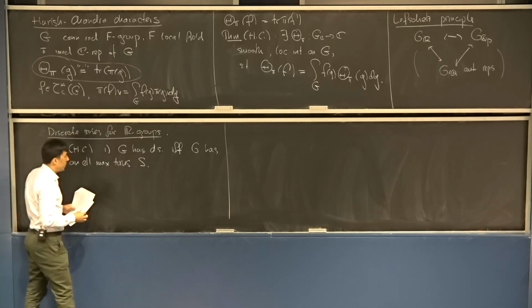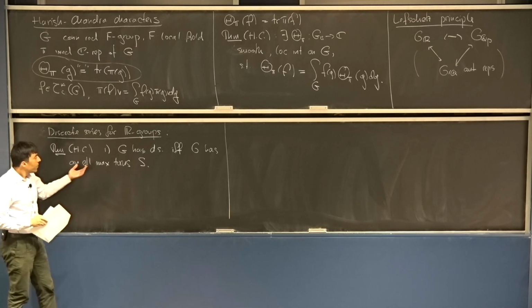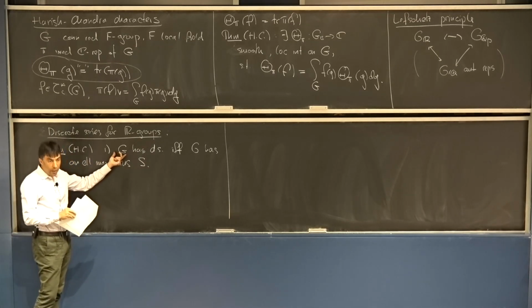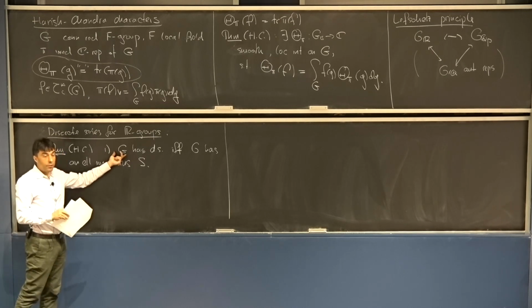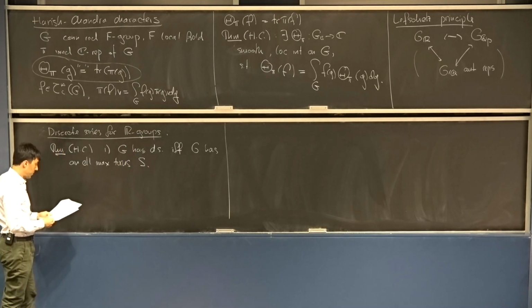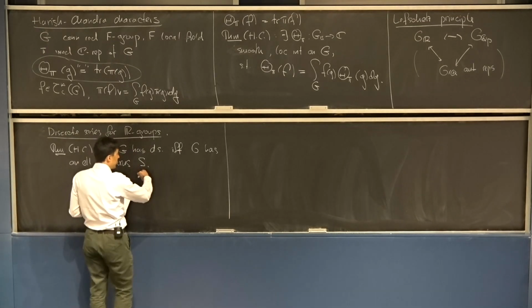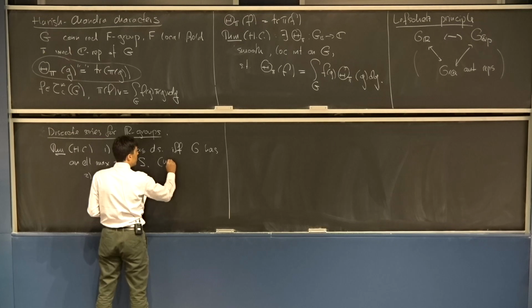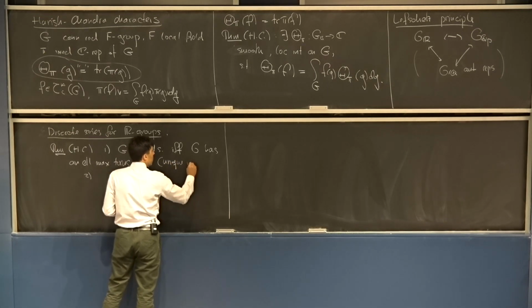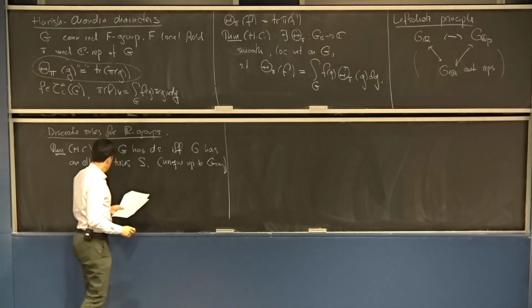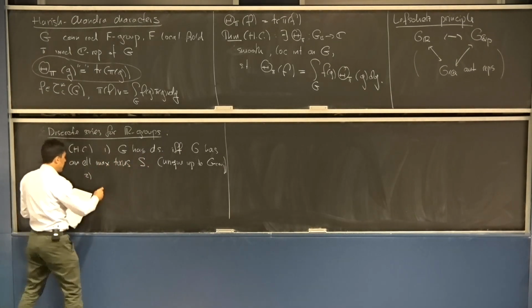So let me make this remark right off the bat, that not every real reductive group has an elliptic maximal torus. SO2R does, but SO3R does not. And so that group will not have a discrete series of representations. Secondly, if S exists, it is unique up to G conjugacy. So then, if it exists, let's fix it.